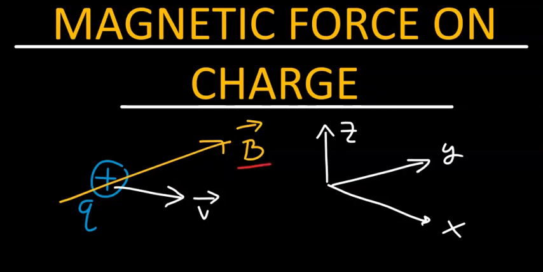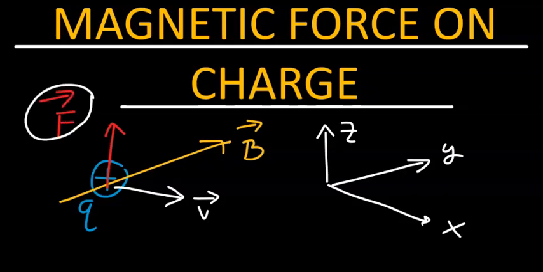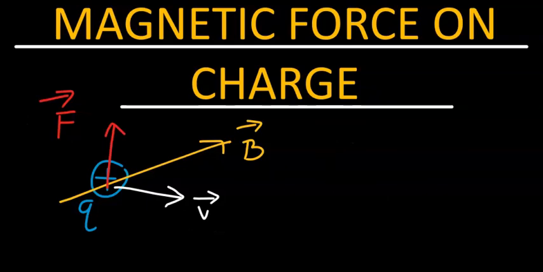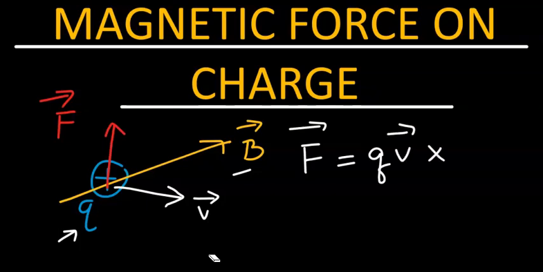The magnetic field would interact with this moving charge to create a magnetic force on it, and the direction of this magnetic force is like that. The direction of this magnetic force is perpendicular to the plane containing the velocity vector and the magnetic field vector. The formula to calculate this magnetic force that is acting on this charge due to this magnetic field B is given by the following equation, namely Q V cross B,